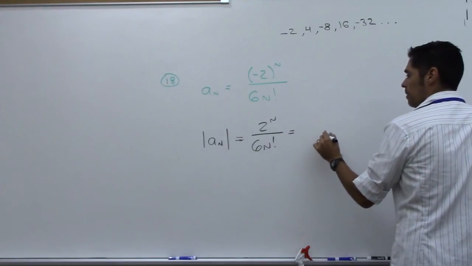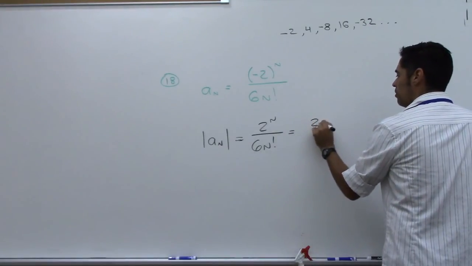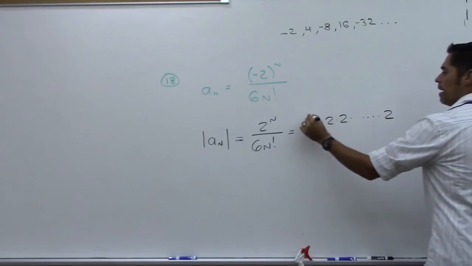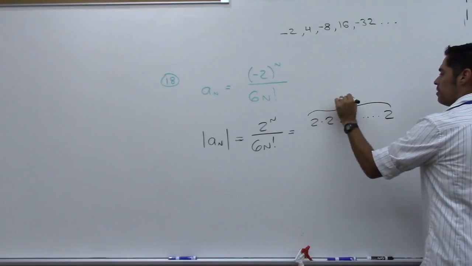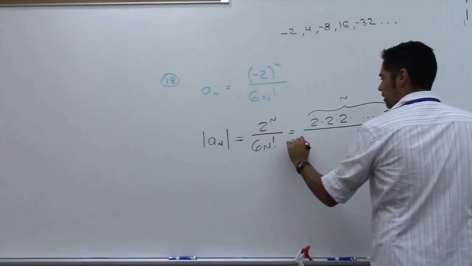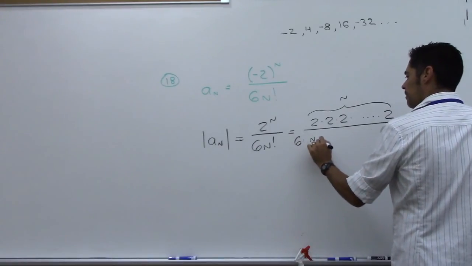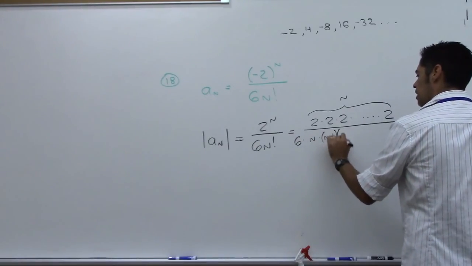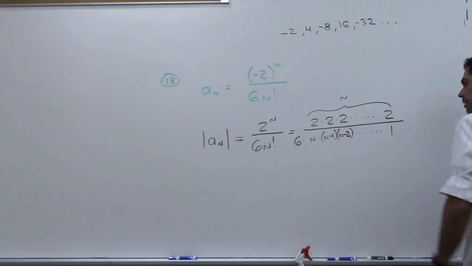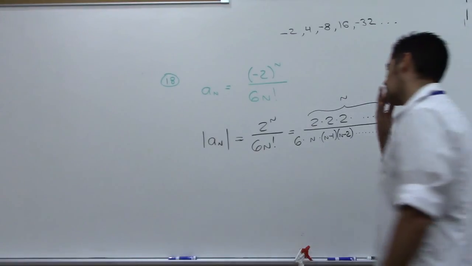And then what I need to do is figure out what's happening here. Well, let me just write down what 2 to the n would mean. It would be 2 times 2 times 2, all the way, n of those. And then on the bottom, I have a 6 out here, times n factorial, which would be n times n minus 1 times n minus 2, and then all the way down to 1. And so if I look at it this way,